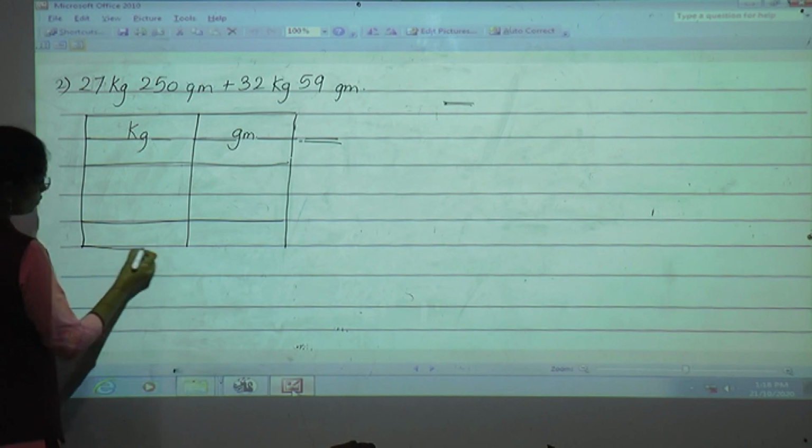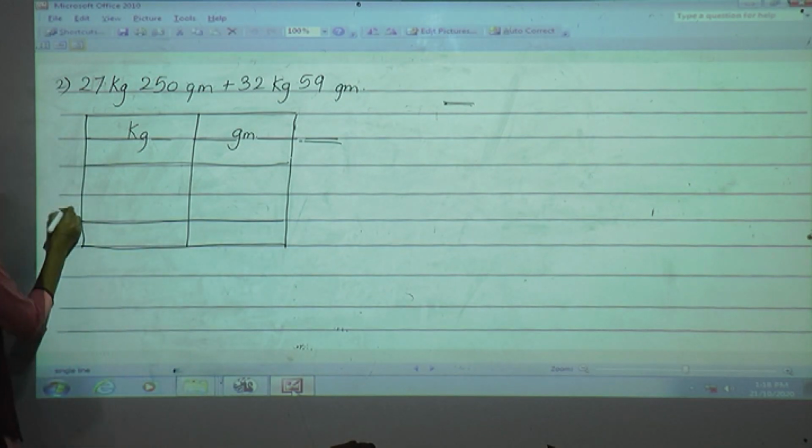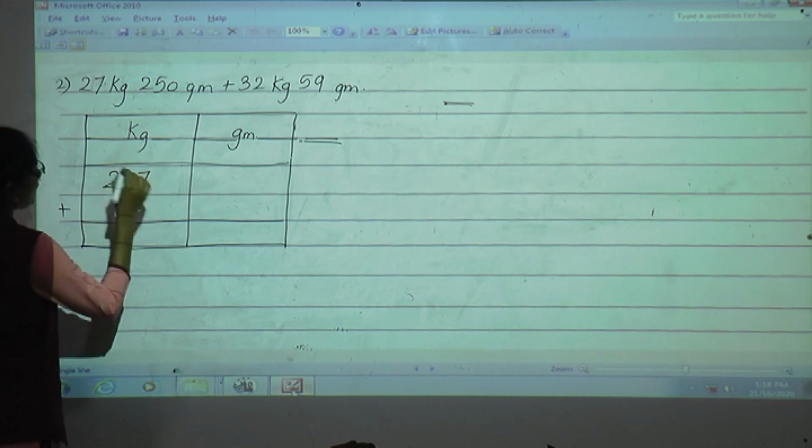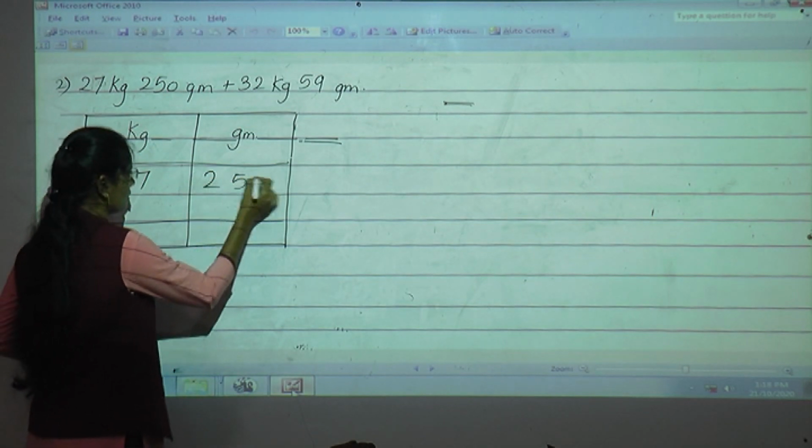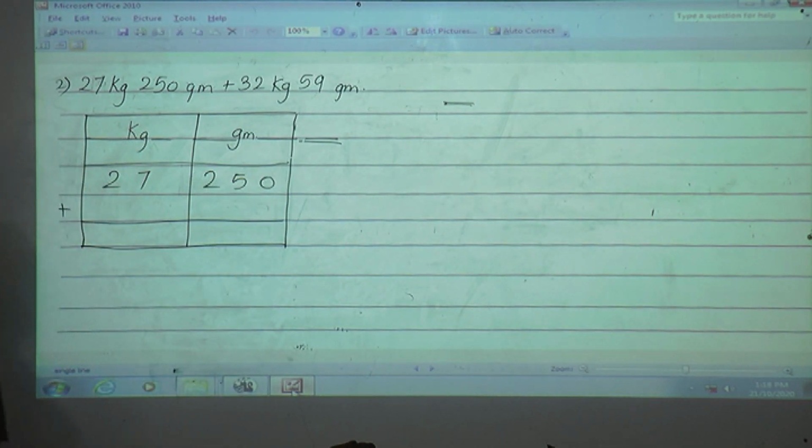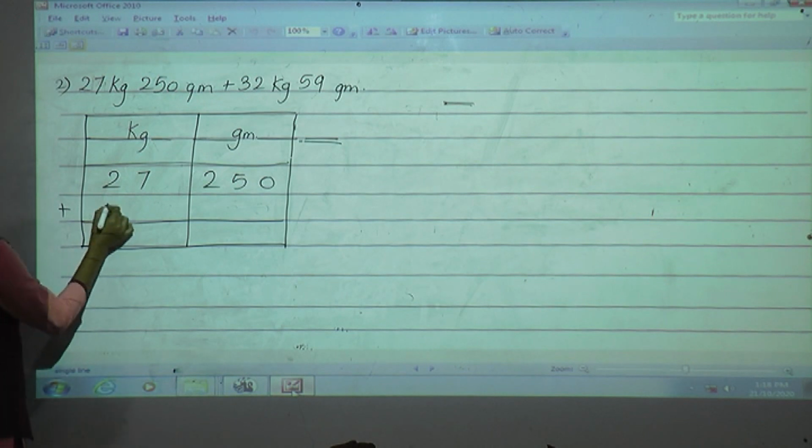In this way you have to make columns, you have to make a proper box, and then you have to put the values in that. What was the weight of the first child? 27 kg 250 gram. So we'll write here 27 kg 250 grams. And the weight of the other child is 32 kg